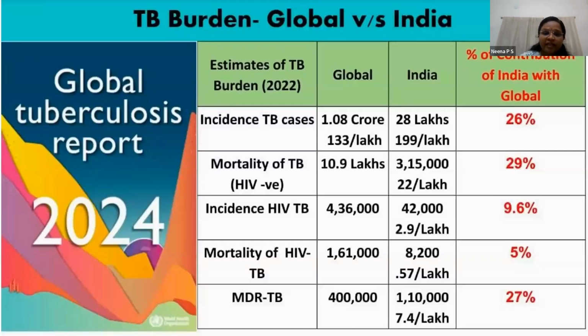So every year we will have a global TB report by October-November. This year's report is yet to be released. So in last year's report, 2024, you can see that almost 26% of the cases,